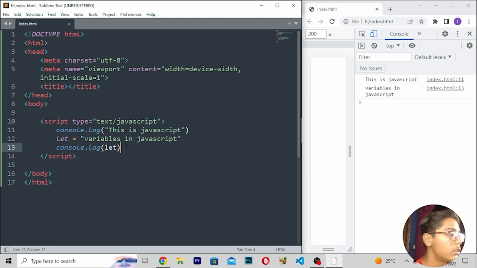Now when you have written this, you can see we are getting this let tag here, and then we are getting variables in JavaScript. Now you can link all these files, so when you see that it will be working here, like I was telling you. Now we will be repeating all these things to check it is working.